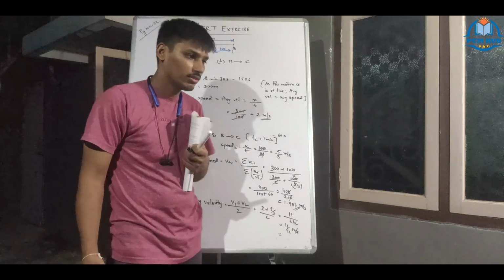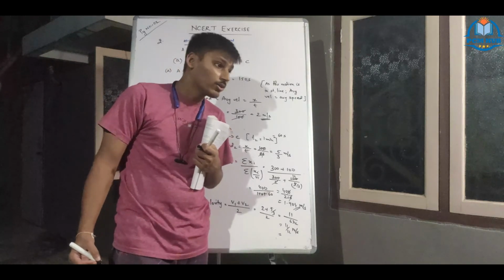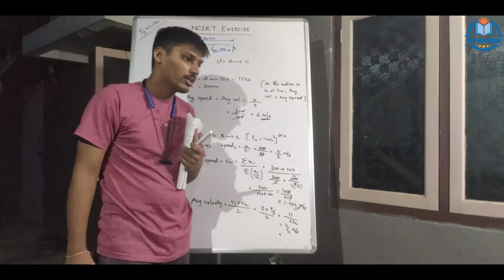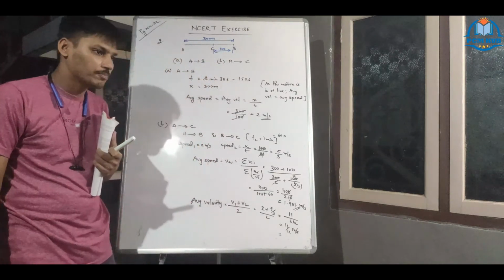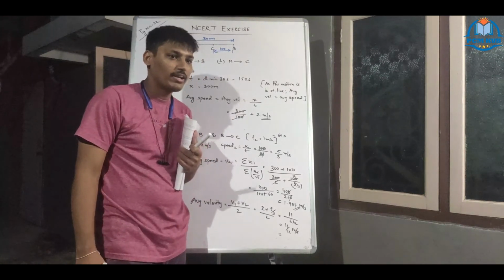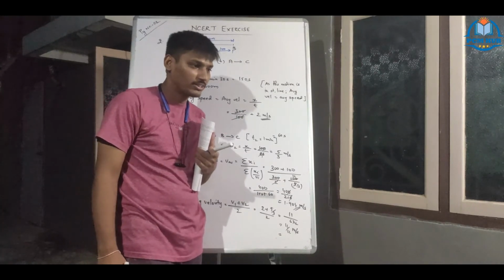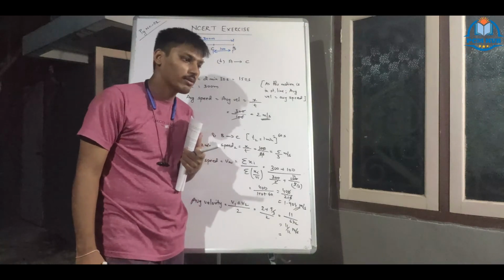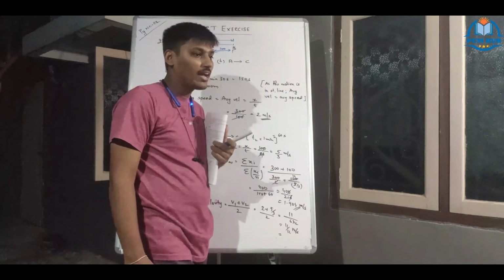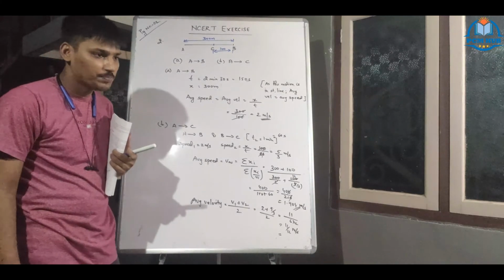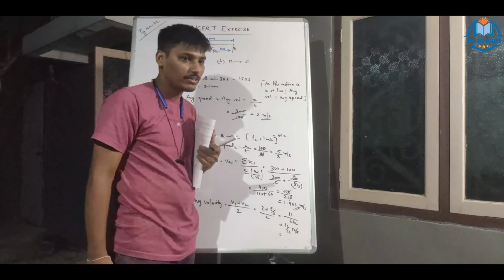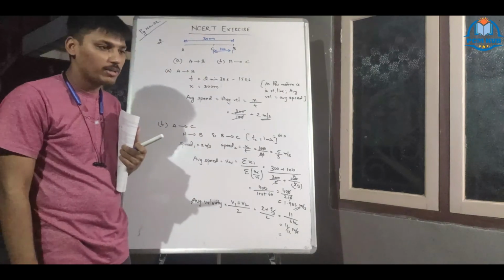How much is 1/12? I told you: 1 is 100%, 1 by 2 is 50, 1 by 3 is 33, 1 by 4 is 25, 1 by 5 is 20, 1 by 6 is 16 2 by 3. 1 by 7 is 14. 1/8 is 12.5 percent. 1 by 9 is 11, 1 by 10 is 10. 1 by 11 is 9. 1 by 12 is 8.75. Remember 8.75. Subtract it from 100.